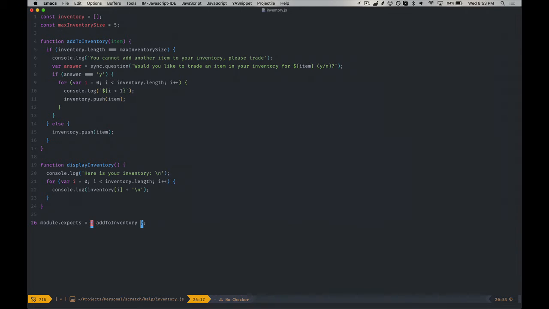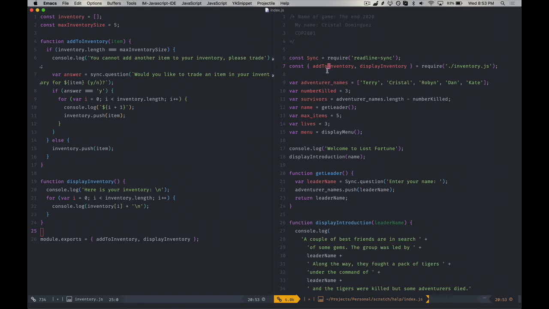so what we're exporting here is an object of functions that we will then import or require in our index file, or whatever file is called for you. So we're exporting the add to inventory function here, but we're not exporting the display inventory function. So this is a neat little thing that is new in newer JavaScript. This is just interpolating this thing directly and passing it. So basically, we're going to export these two things, and